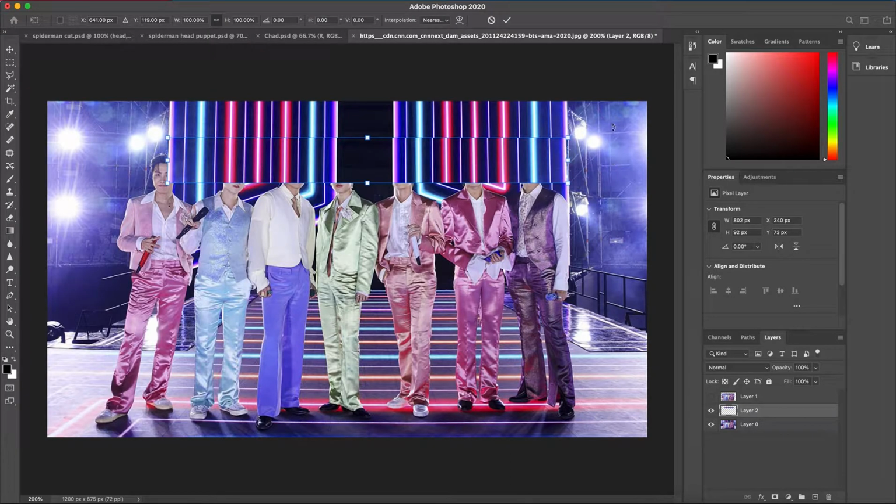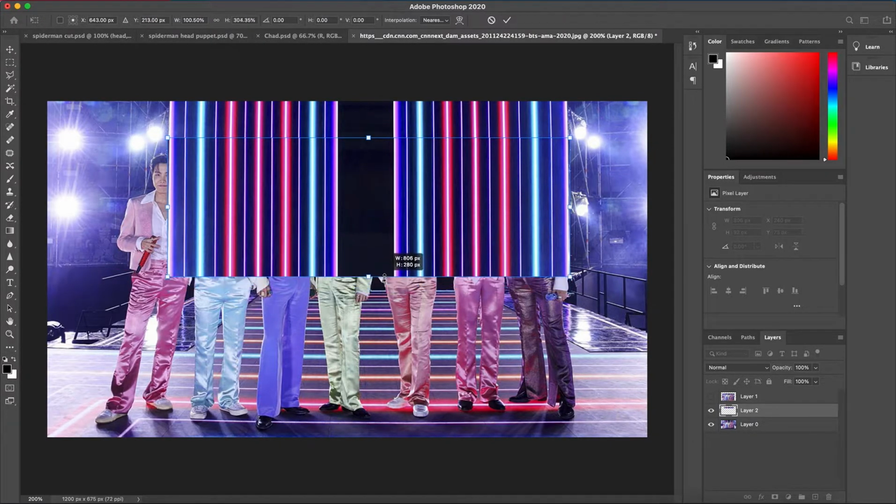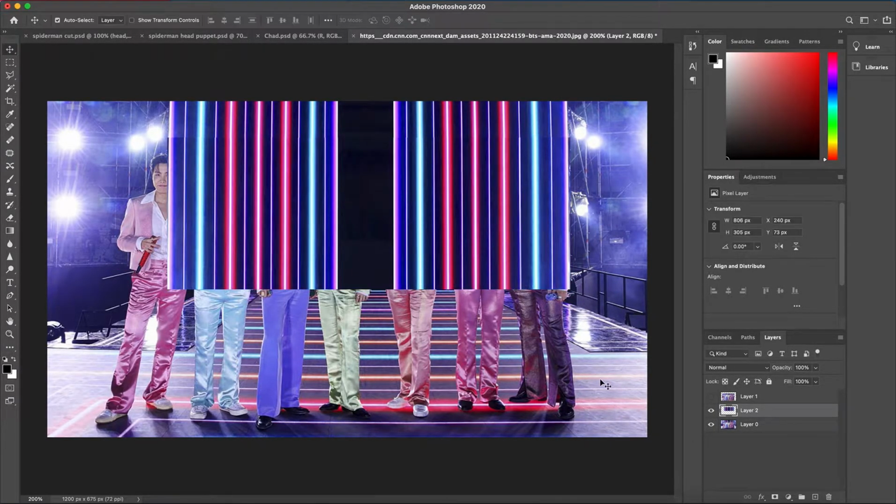I'm then going to go Command T. I'm going to pull it out, and then I'm going to pull it down. I'm going to hold Shift and make that work. Okay, so the one thing that I should probably do now is move it up a little bit, use an